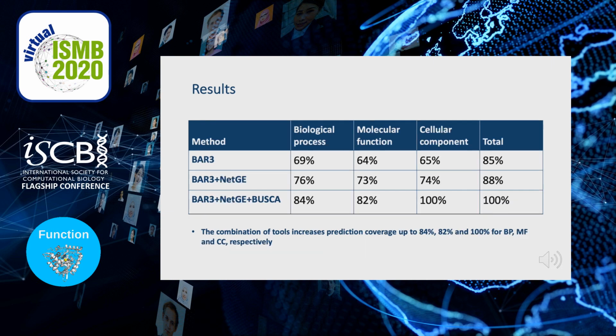And this increase is evident also when we evaluate the coverage on the official CAFA targets. Using the full pipeline, so combining different tools that are complementary in the predictions they provide, we are able to achieve up to 84% of coverage for biological process, 82% for molecular function, and 100% for cellular component. So we expect the pipeline to be effective also in this